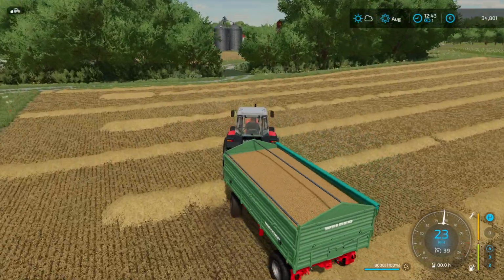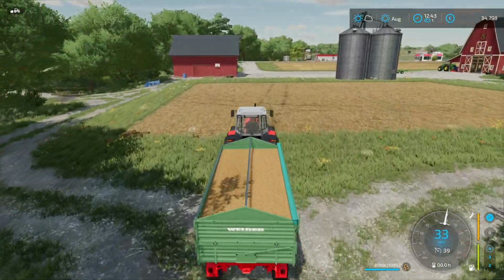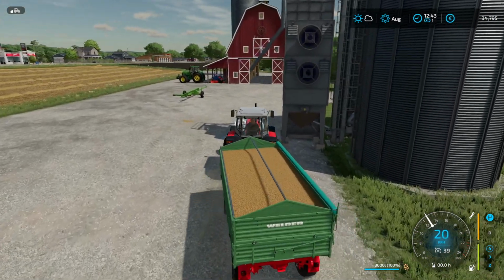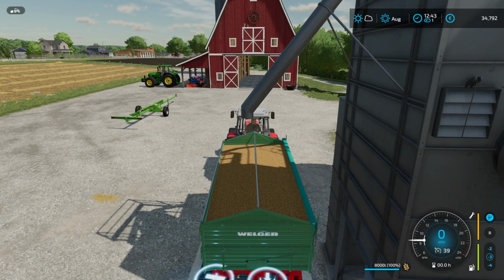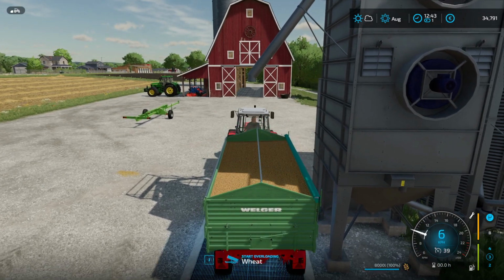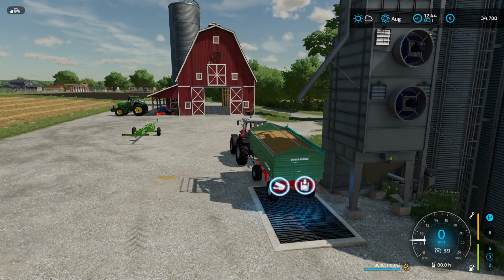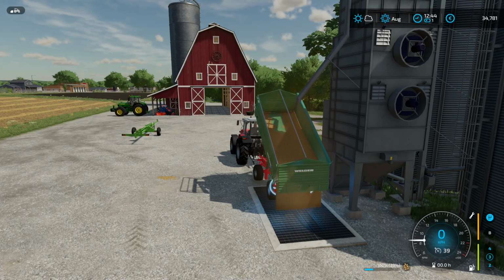And we can go to our farm. Here we can use this here because we are narrow enough. And then we unload it into the silo. So with I we unload this. Oh, no, wrong key. I wanted to go a little bit further away but not drive back. So wonderful. And then we have to,